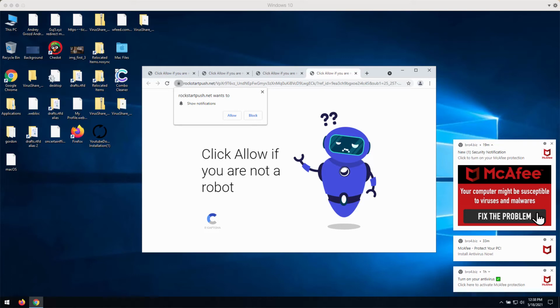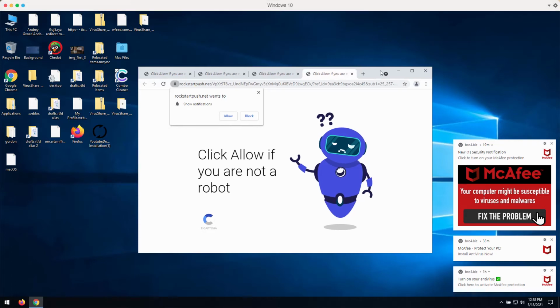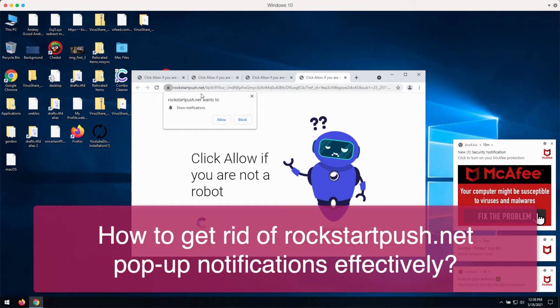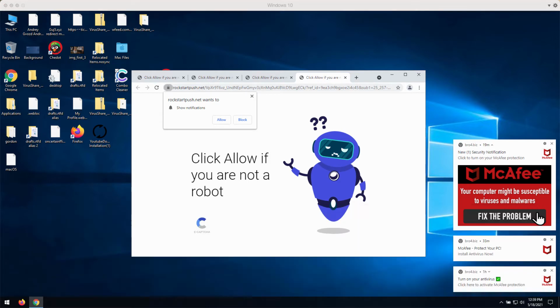Ladies and gentlemen, the video is about getting rid of pop-up windows that come from the website rockstartpush.net. This is a dangerous pop-up that tries to force you into subscribing to its web push notifications. It displays pretty misleading alerts claiming that you need to click the allow button to confirm that you are not